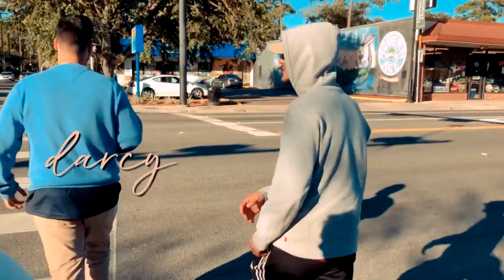It's your girl Darcy, and today we are going to be doing a simple, bold eyeliner look. This is an everyday kind of eyeliner look that I have been practicing a little bit more because if you've watched any of my other makeup tutorials, you know I'm not the best at eyeliner. It's like my one thing that I just cannot conquer in the makeup world, that and of course lashes. So I wanted to practice doing some eyeliner looks that are simple and creative and are easy